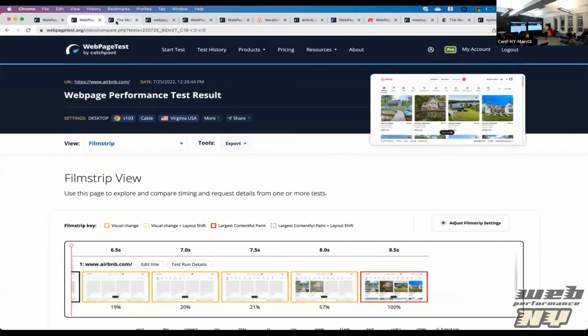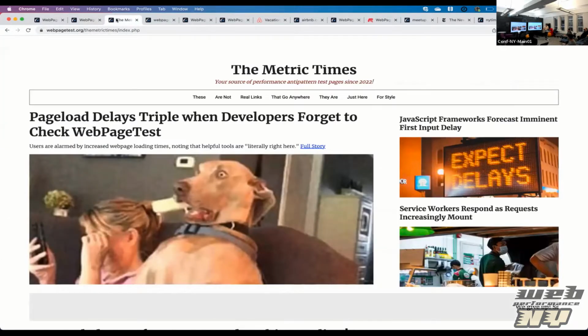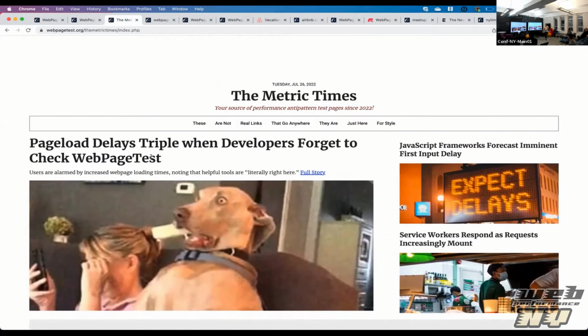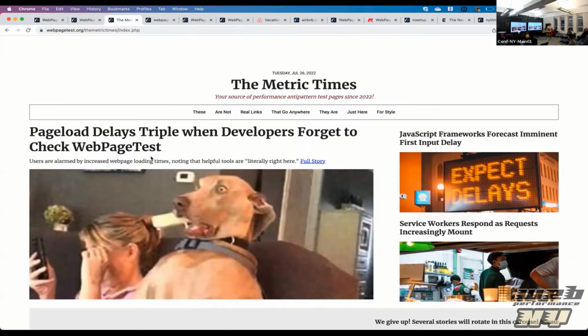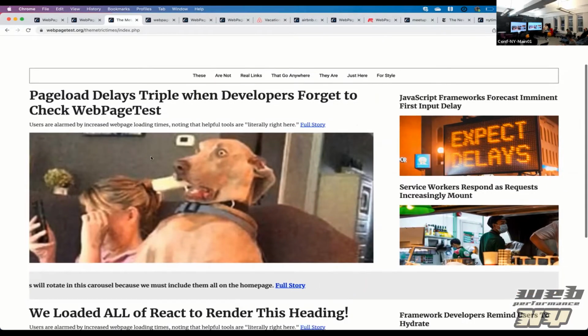So to get into that, I wanted to first talk about this fake news site that we built called The Metric Times. And it's on webpagetest.org/The Metric Times if you want to check it out. This page was built to purposefully fail every diagnostic that we could throw at it. It's terrible anti-patterns, right? All built into the same page, images that are really highly unoptimized,